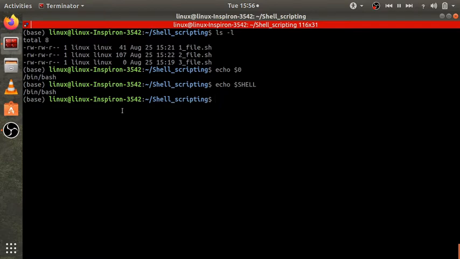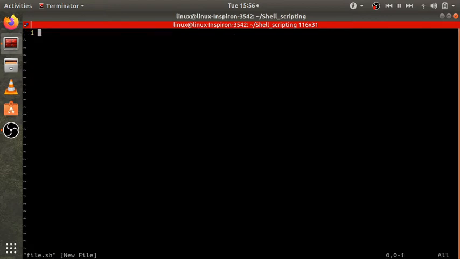So let's get into the code section. Type vi file.sh. We give the extension as sh, enter. Let's start writing our code. Press I, then type #!/bin/bash, enter.